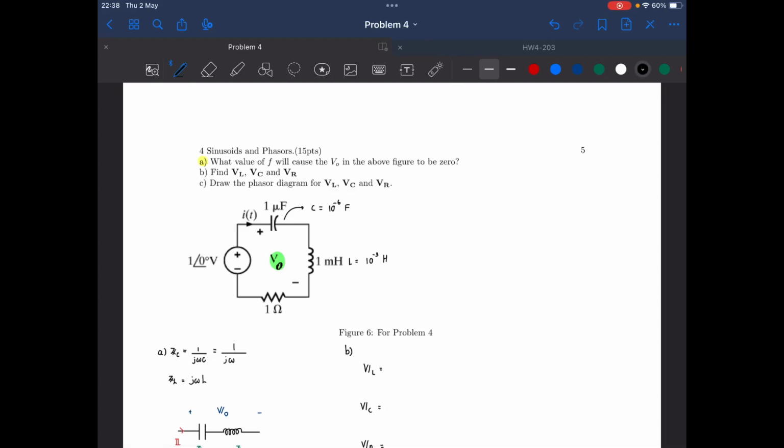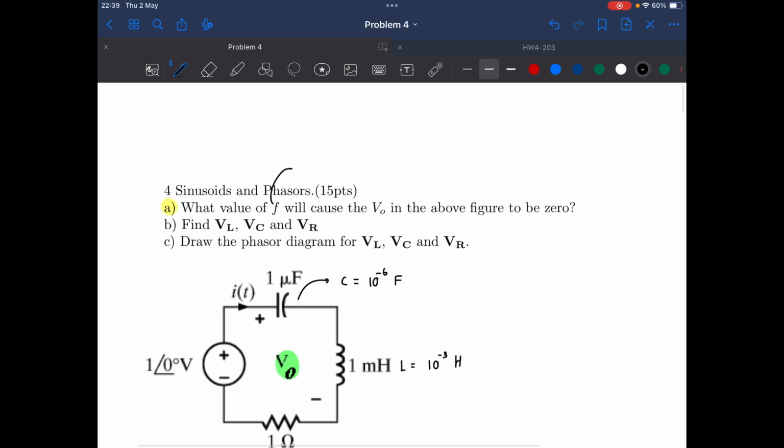Let's continue to problem 4 here. This question is about sinusoids and phasors. The first sub-problem, problem A, asks: what value of f will cause the v0 in the above figure to be 0? From here we know that